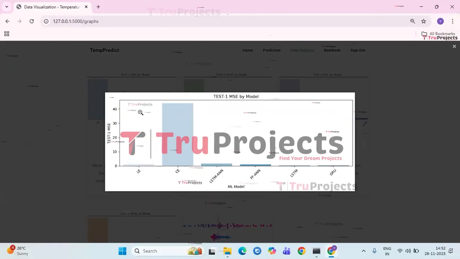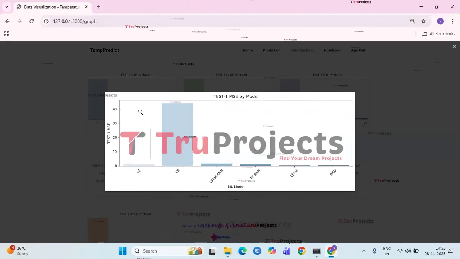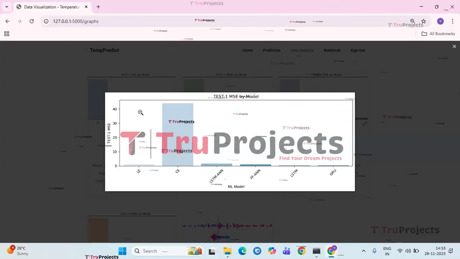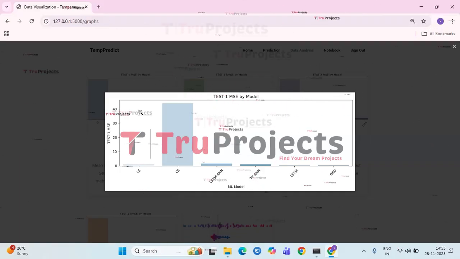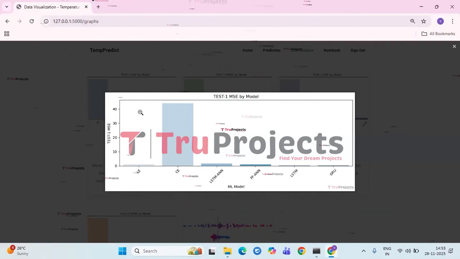The graph mirrors the same comparison as the previous graph. The graph represents the CE model has the highest MSE by a wide margin, showing its poor compatibility with the dataset. The LE, LSTM and GRU models have very small MSE values, showing their predictions stay close to the actual targets with minimal errors.